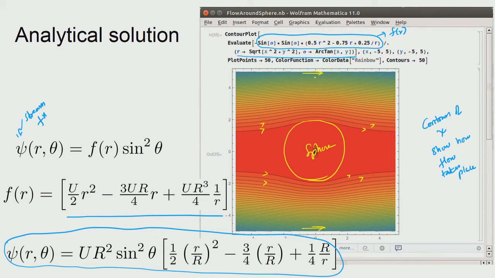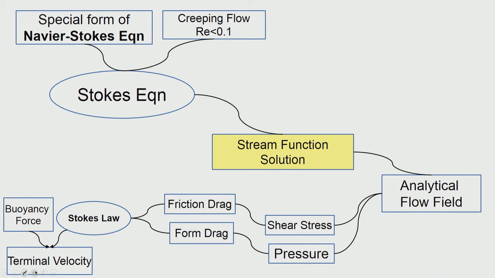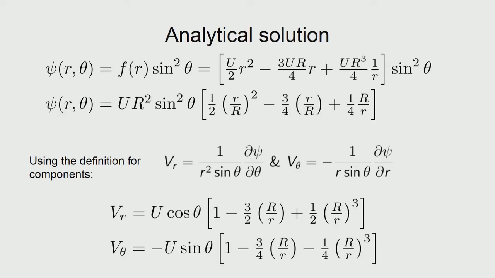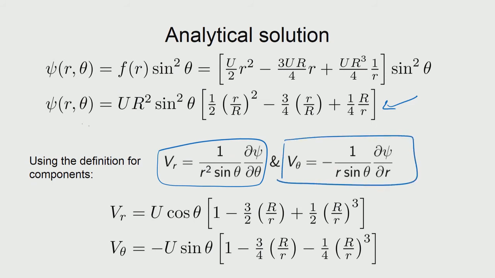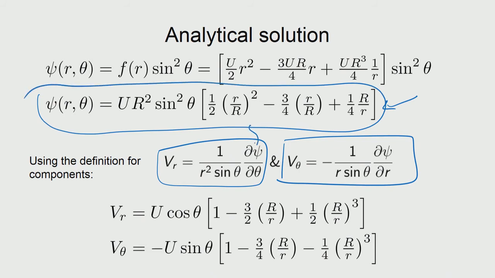Okay. And once it is available, we basically now have the solution in the form of psi. So, we can see then how the flow field is in Vr and V theta. So, that we would do now. The psi is available, okay, and so then we use the definition of Vr and V theta here, and substitute this psi solution we have got into these expressions, and then we are able to get the components straight away.